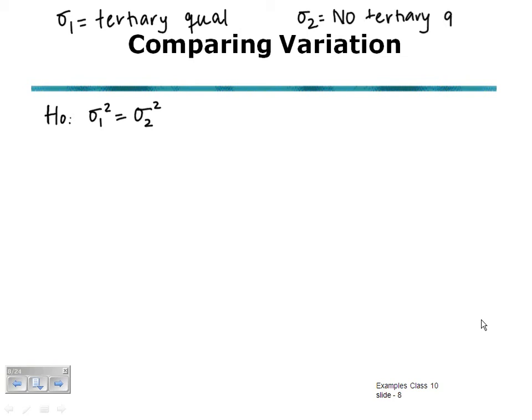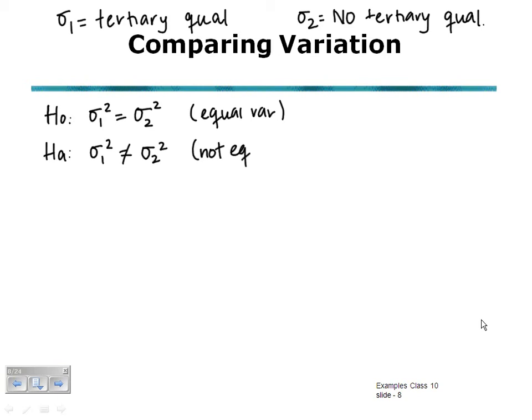So the null hypothesis for a test for variation is that the population variances are equal. The alternate hypothesis would be that the variances are not equal. So here sigma 1 squared is not equal to sigma 2 squared, and this is, of course, a two-tailed test. Now, using again the alpha value that we had in the first example, 0.01,